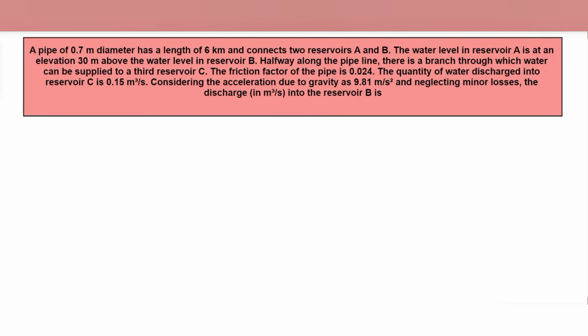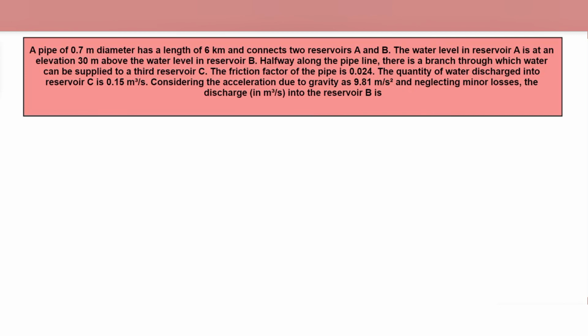The quantity of water discharged into reservoir C is 0.15 meter cube per second. Considering the acceleration due to gravity 9.81 meter per second square, neglecting minor losses, the discharge into the reservoir B